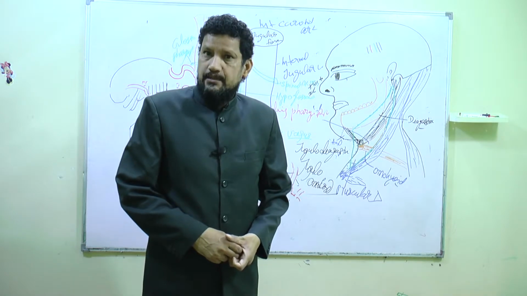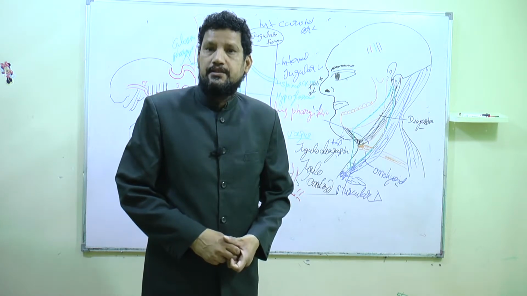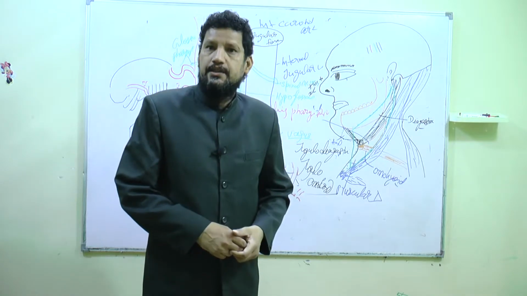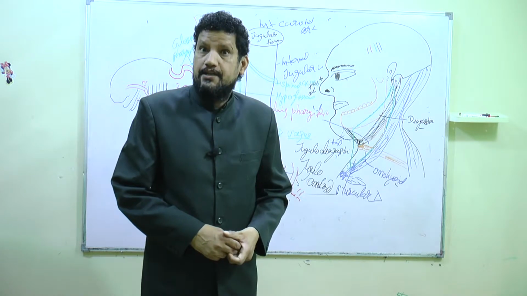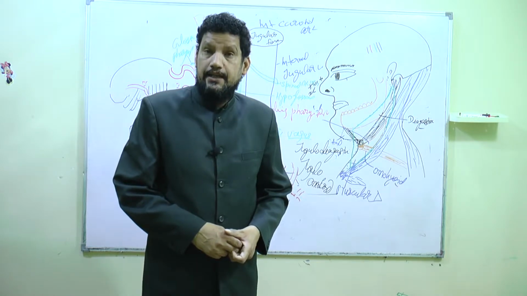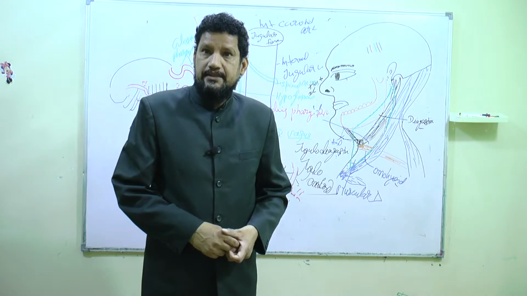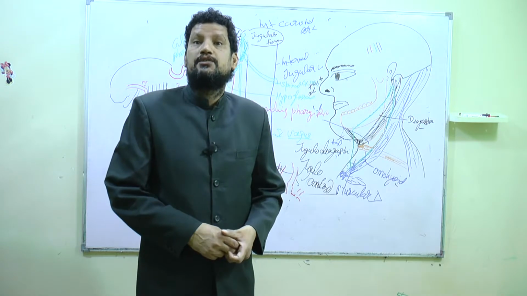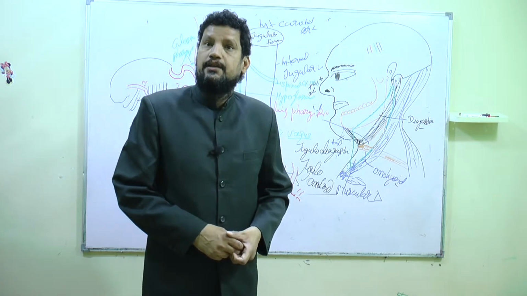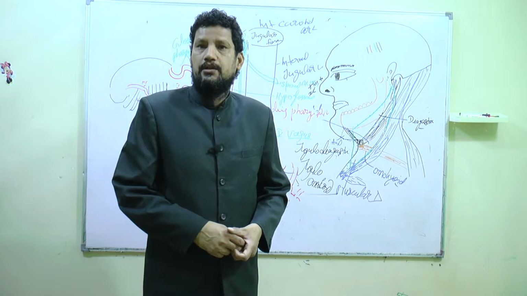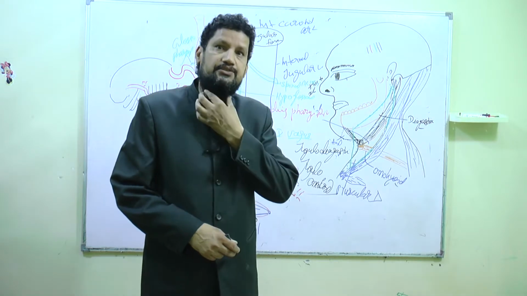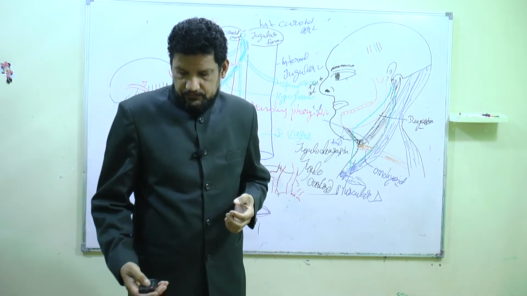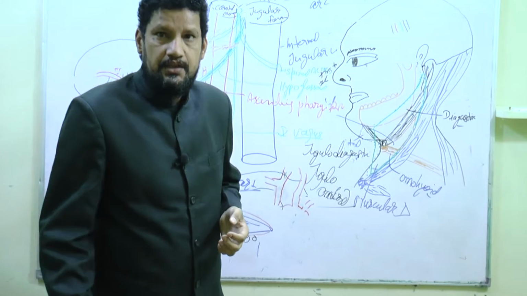The posterior belly is coming from the digastric notch of the mastoid process, and the anterior belly is coming from the digastric fossa of the inner side of the symphysis menti of the mandible, and inserted through an intermediate tendon in a fibrous pulley on the hyoid bone, which is situated here. So the digastric triangle